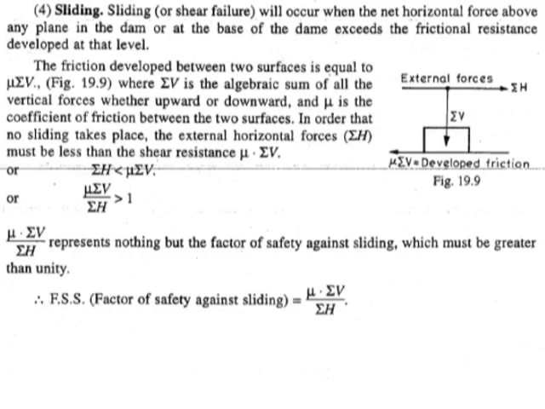Okay. Then sliding failure. This is the external force applied and this is the vertical force, and for that vertical force there is downward friction. This downward friction should always be higher than the external force. So mu into summation V should be higher than summation H. This is known as the factor of safety against sliding. Okay, so in this way you can do this.